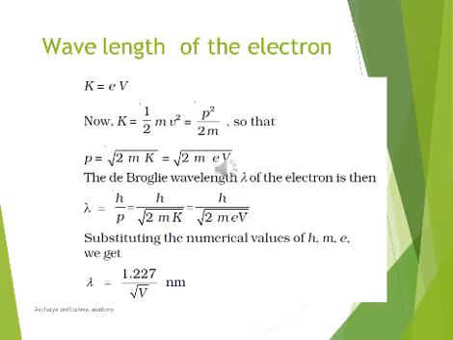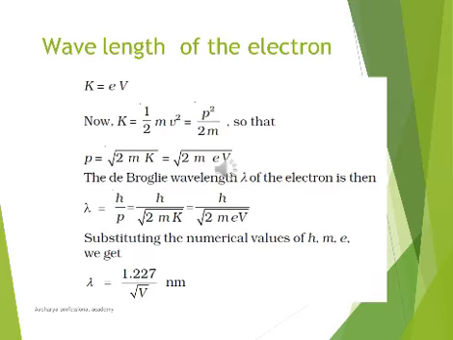Now let us see the wavelength of the electron. The kinetic energy formula is half mv squared. That is nothing but p squared by 2m, where p is equal to m into v. So using that relation, if you find the lambda, that is h by p, and substitute the value, then you will get lambda is equal to h by square root of 2 into m into e